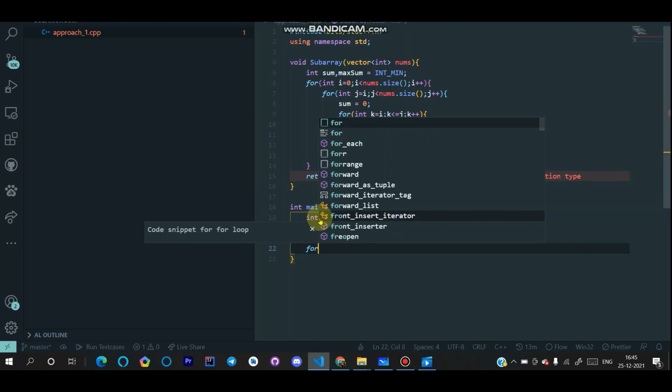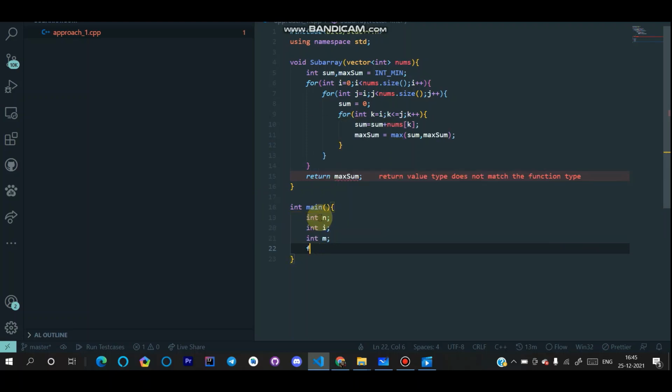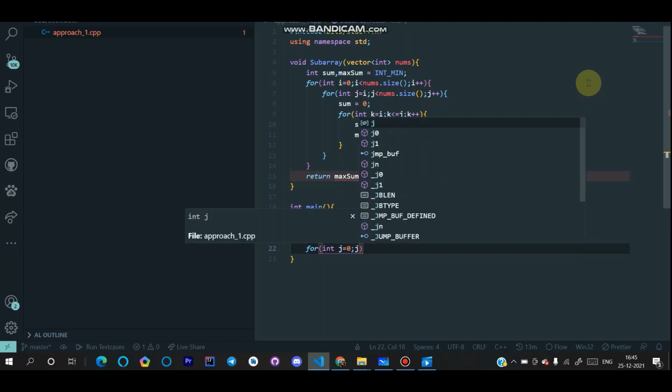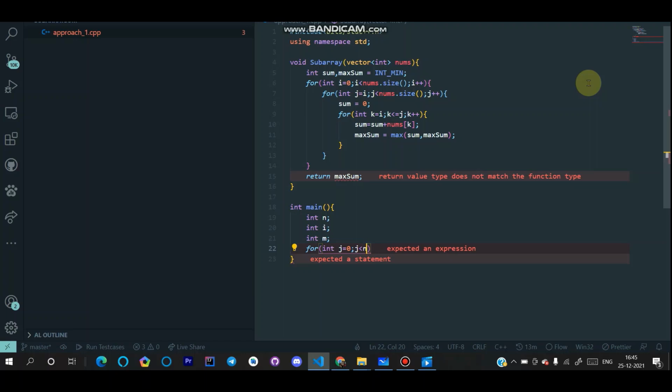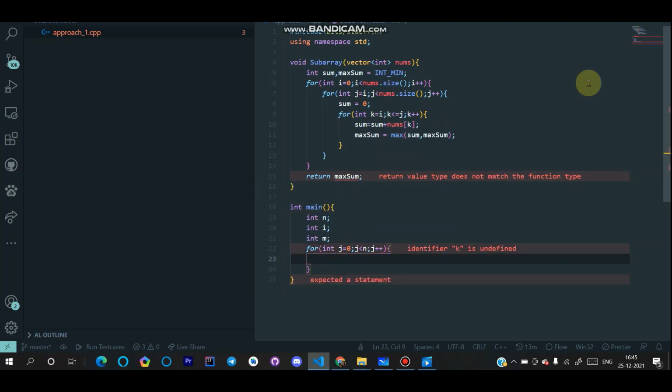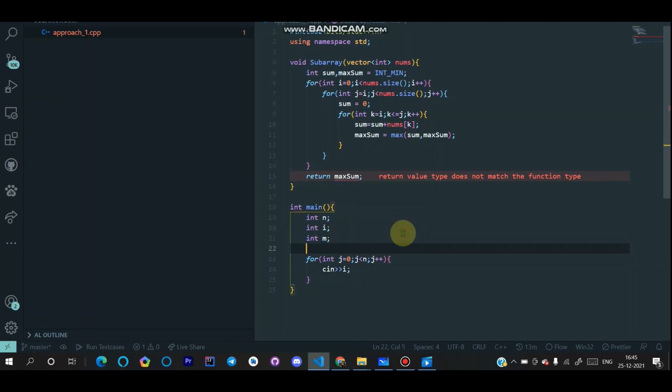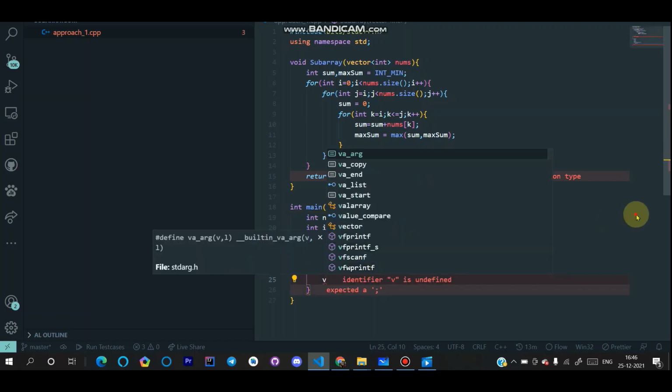For int j equals 0, j less than n, j plus plus, cin in i. Here we missed the part, cin in n, and we would simply push the values inside the vector.